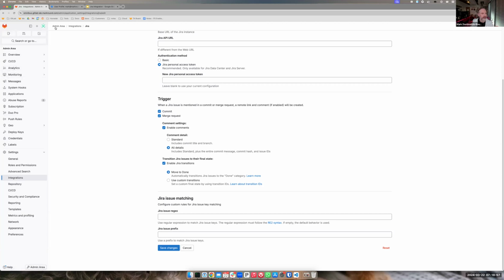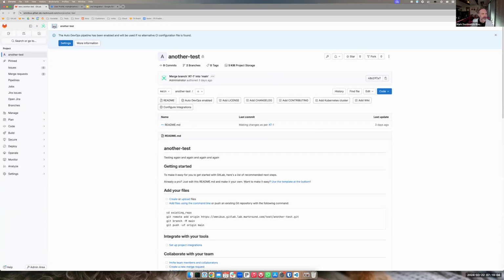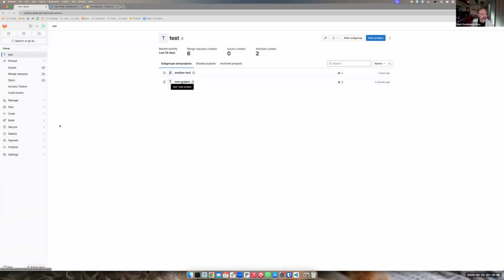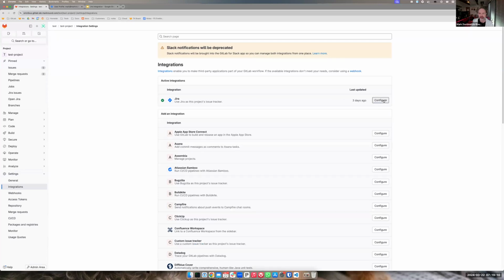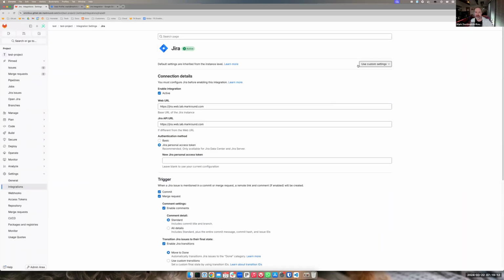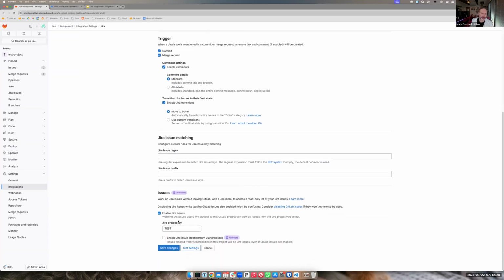So let's go back and I'll show you how this is configured. Let's go to my first test project first. And in here, we've got the settings and integration. And when you go into individual projects to enable Jira, there's this little drop down up here that says use default settings or use custom settings. What you want to do is go to use custom settings,